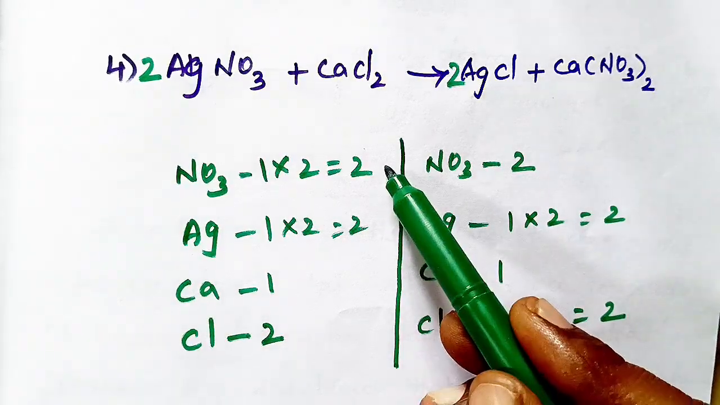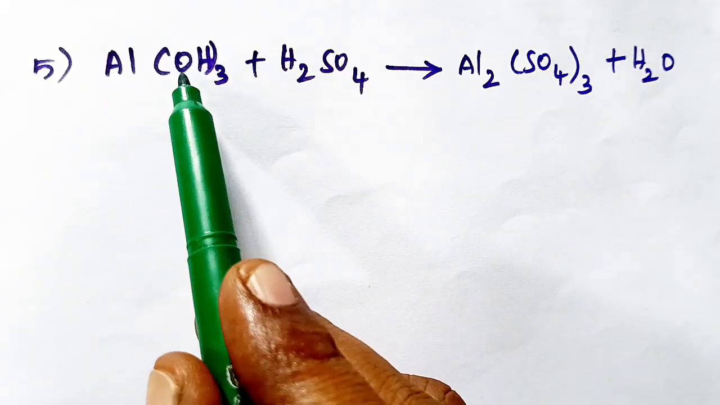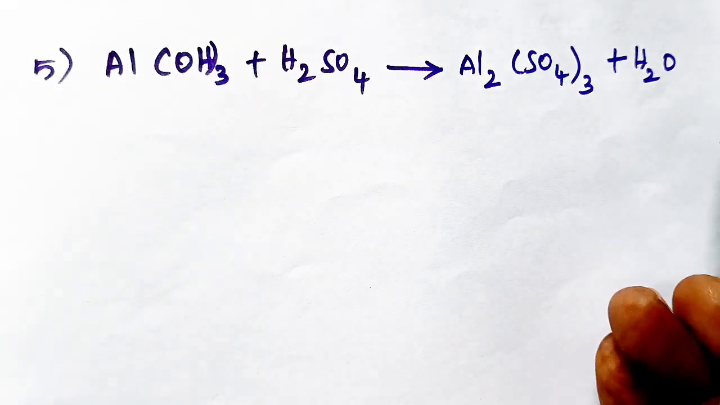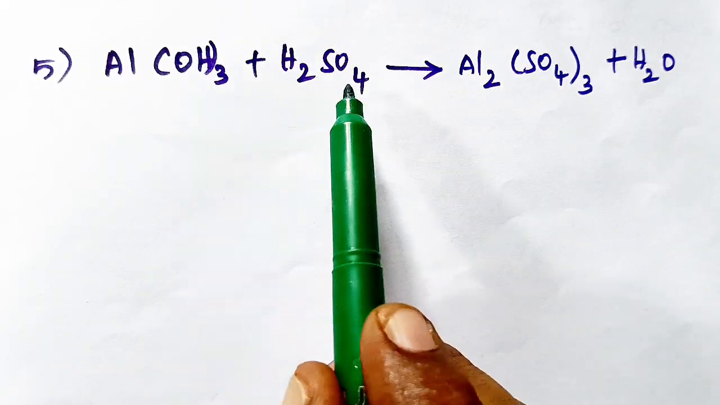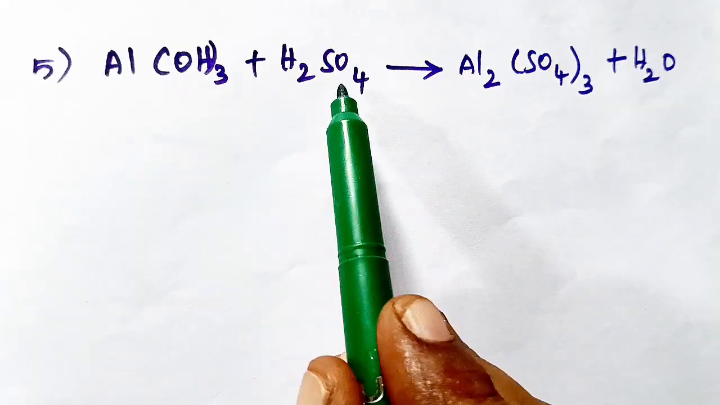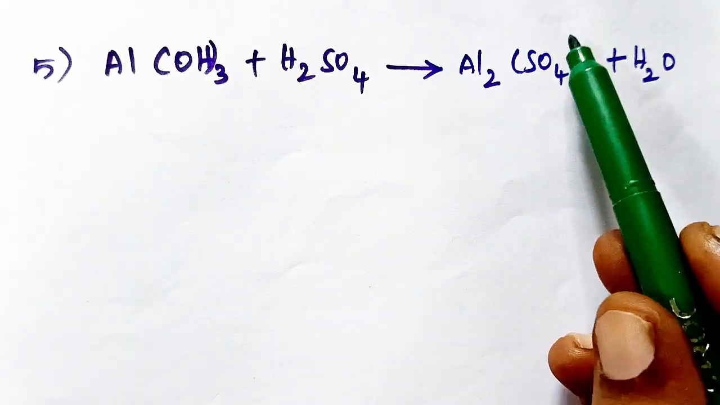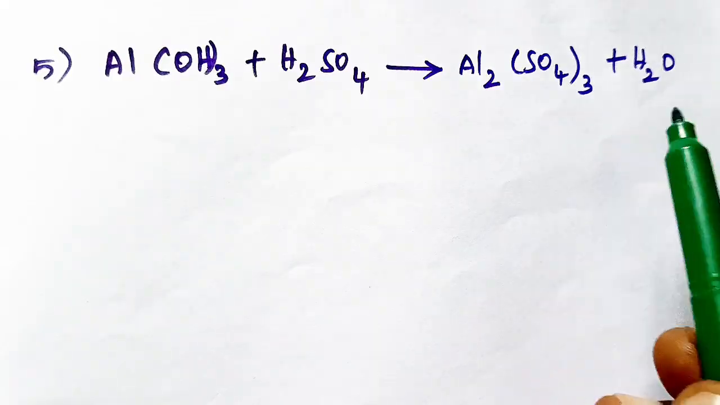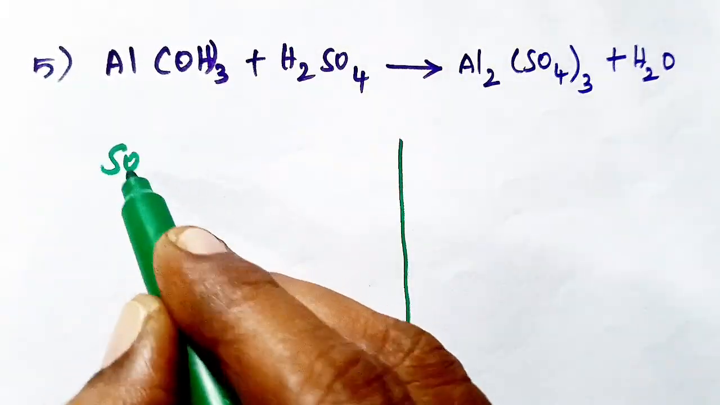Now the reaction is balanced. The next equation, Al(OH)3 plus H2SO4 gives Al2(SO4)3 plus H2O. On the reactant side you have two polyatomic ions, OH minus and SO4 2 minus. But on the product side you have only SO4 2 minus. So just consider SO4 as a single unit. So just write SO4,